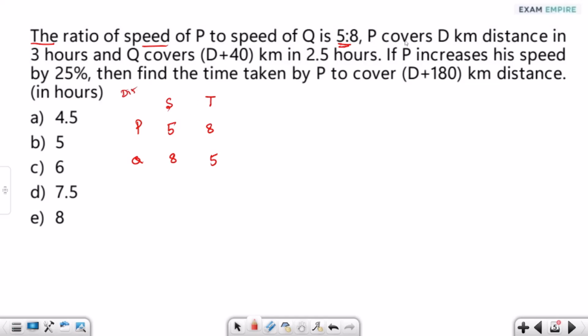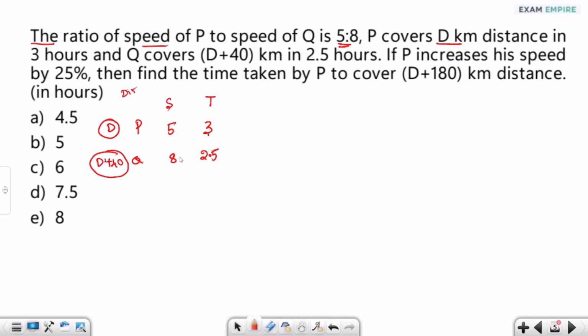Okay. Done. So P covers D kilometer distance in 3 hours. So what we'll do first, we'll just write down the data. P covers D kilometer distance in 3 hours and Q covers D plus 40 kilometer in 2.5 hours. Okay. So if P and Q cover the same distance, then speed and time ratio should be inversely